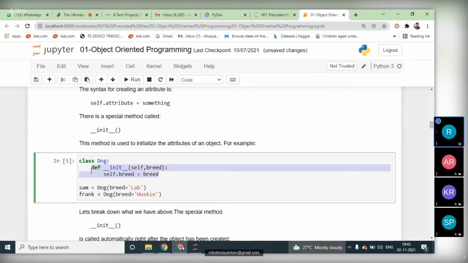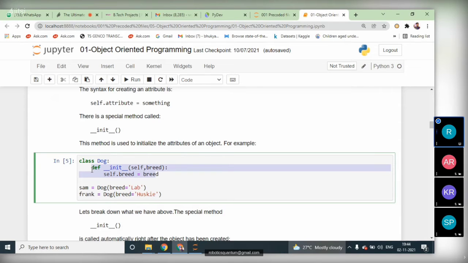The purpose of an instance variable is only temporary. The constructor will be executed at the time of object creation. Here we are creating an object for the class of Dog. At the time of object creation, this constructor will be executed.